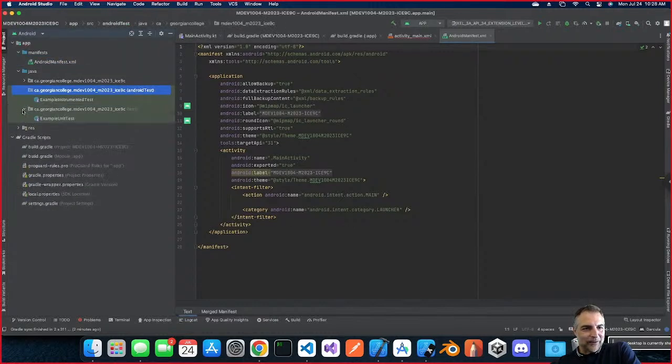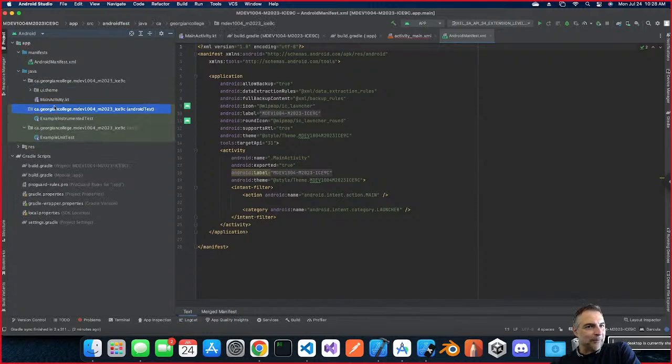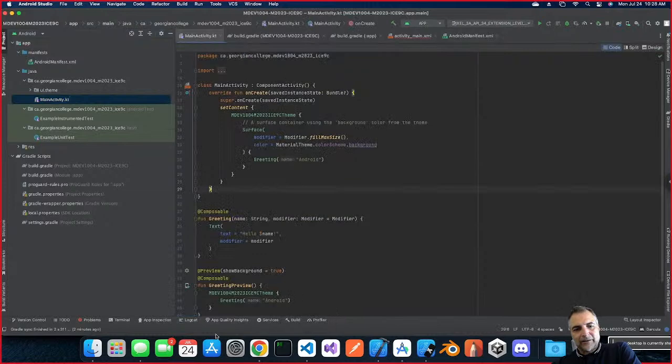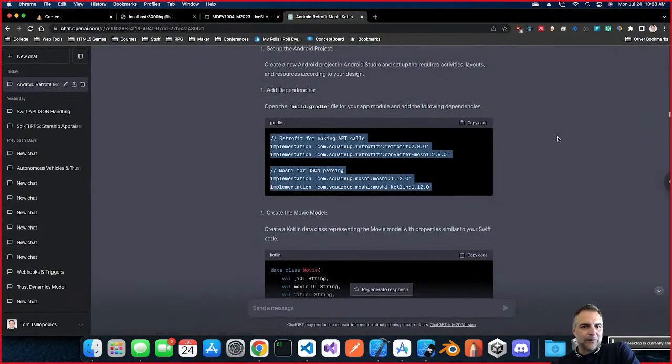So, okay, here's my example app. Oh, look, here's my main activity. And should I not put it in here? My main activity Kotlin is this one. Let's go back to my main activity Kotlin, and let's go back now to ChatGPT and see what the next step is. So now it says,